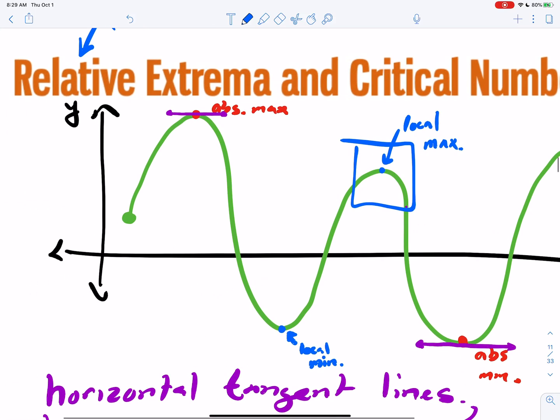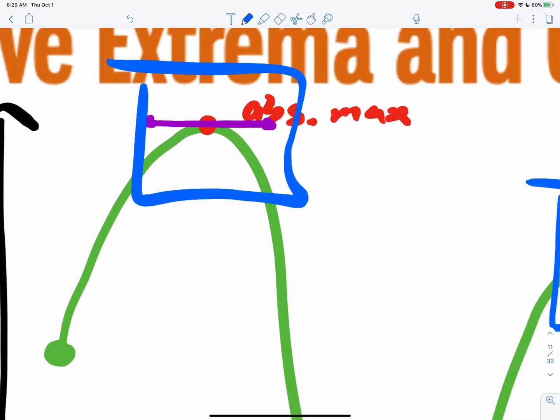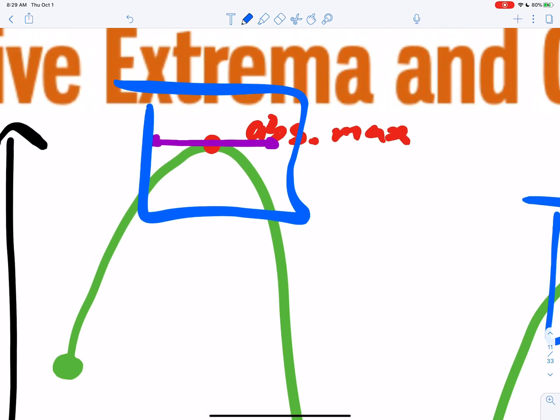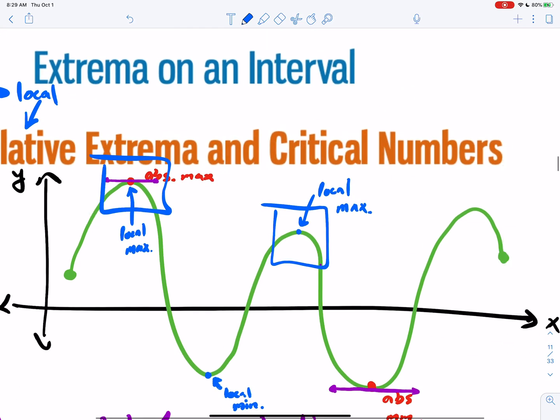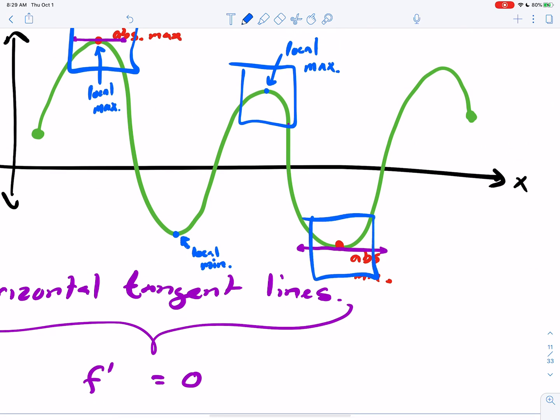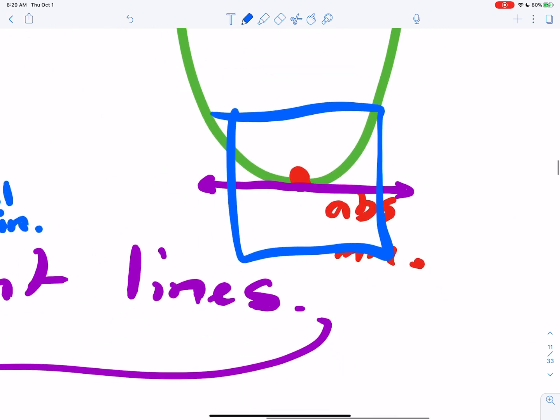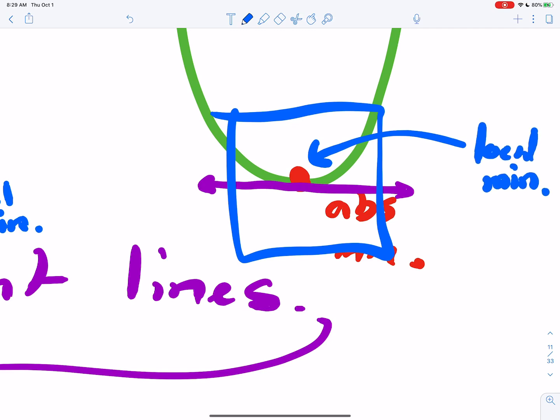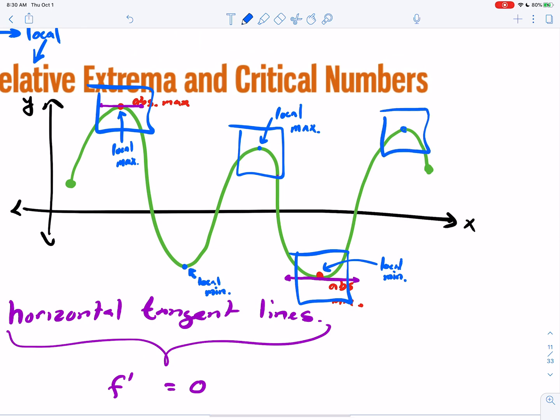Same thing here. In that blue square, that happens to be a local max, which is coincidentally also our absolute max. Same thing here. If we look inside that square only, that right there is a local minimum. And same thing here, locally, that is the highest point, so we call that local max. So take a look. Your absolute extrema